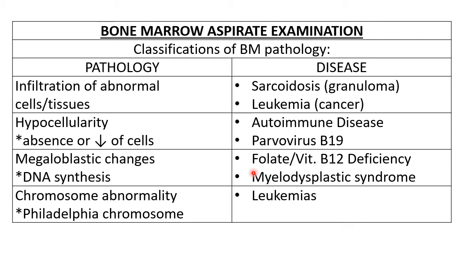Okay? Next naman is Myelodysplastic Syndrome. Ano ibig sabihin ng Myelodysplastic Syndrome? From your general pathology lecture, ano ibig sabihin ng dysplasia? Dysplasia means meron disturbance of your blood cell differentiation or maturation. Okay? Mali yung pattern ng inyong stages. Okay? Minsan nagsustop, minsan bumabalik dun sa previous na immature cells. Next naman, may chromosomal abnormality. Halimbawa, yung Philadelphia chromosome, which is found in what type of leukemia? CML, or chronic myelogenous leukemia.